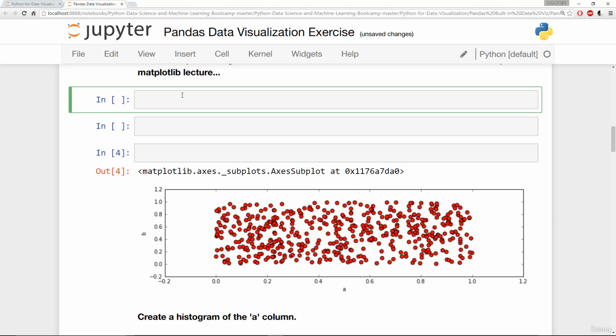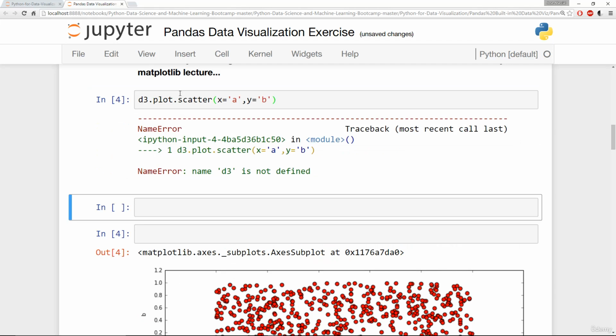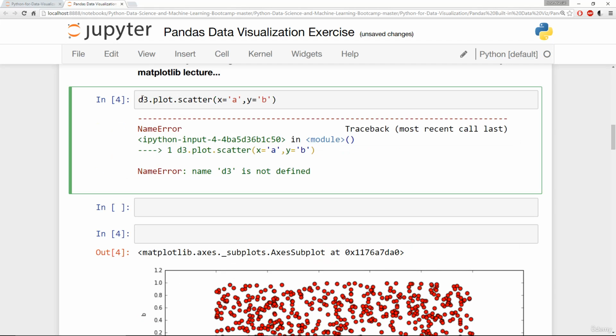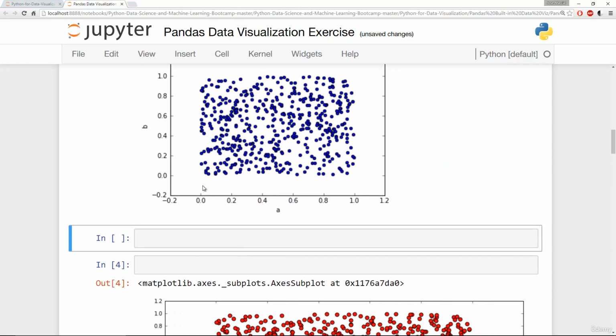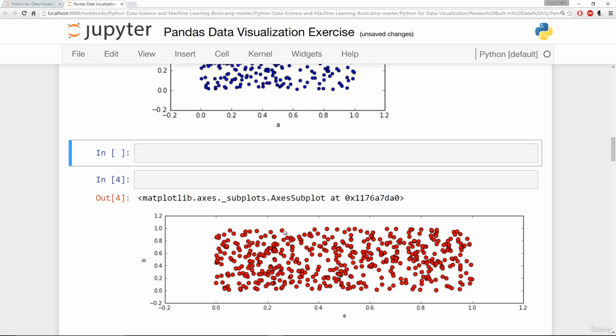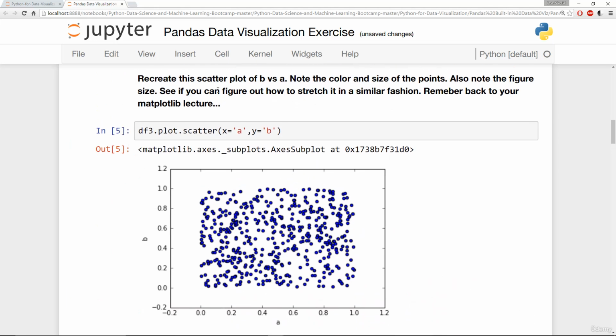Let's go ahead and do that by saying df3.plot.scatter, and then I'm going to go ahead and specify that I want on my x-axis the A column, and on my y-axis I want the B column. Let's just see what that looks like. And whoops, this should be df3. There we go. So I'm getting a similar plot, except something to note was